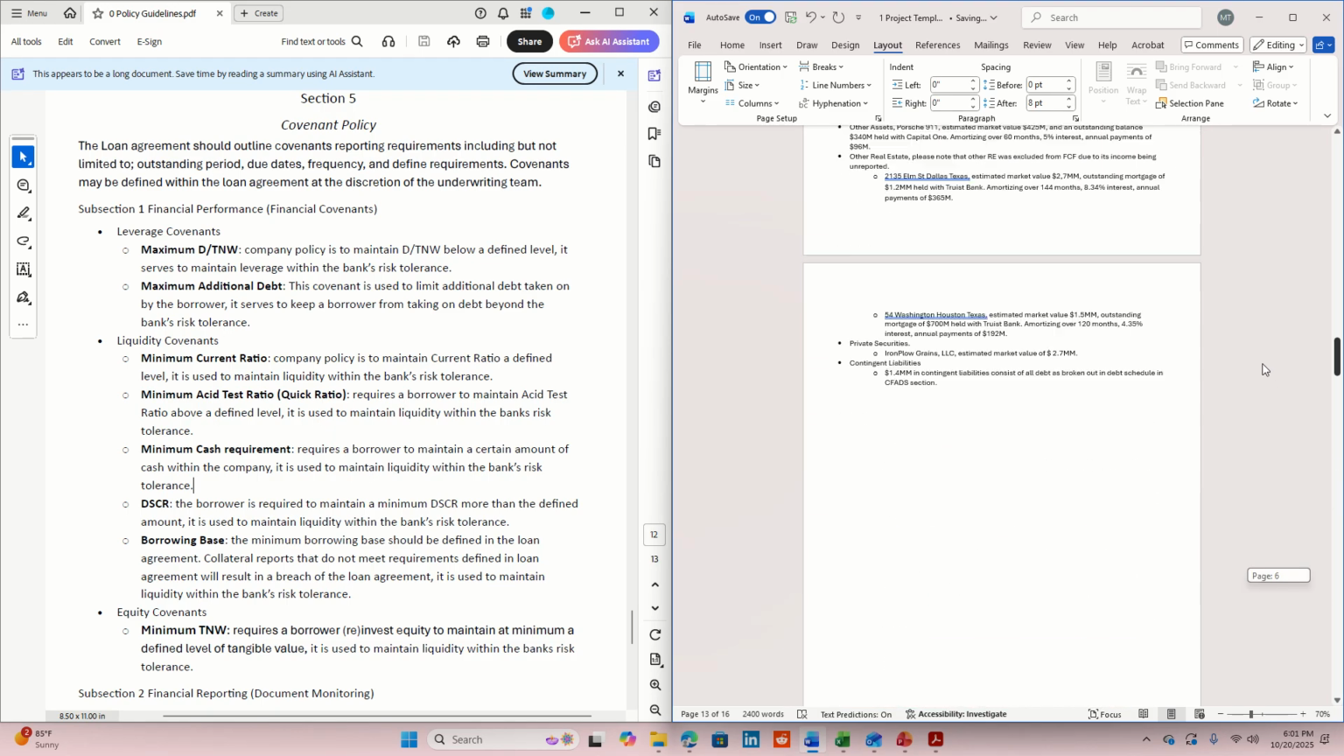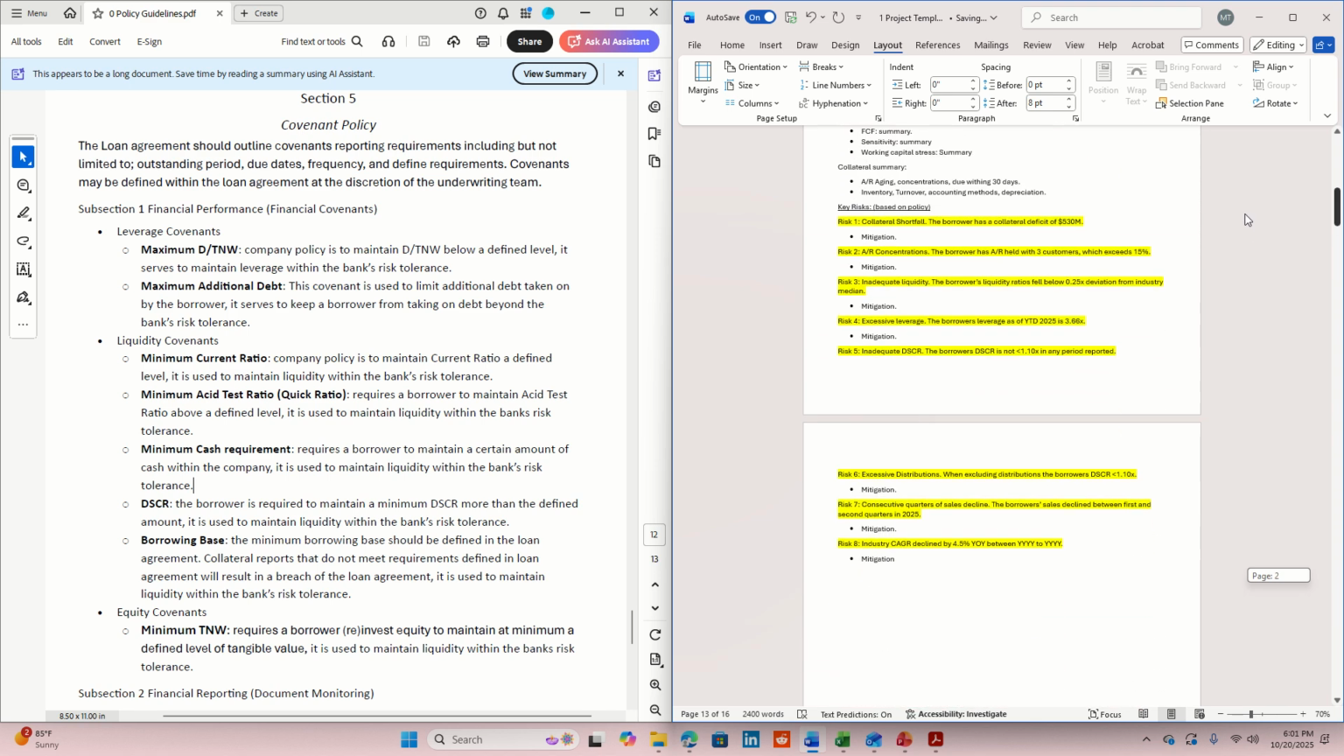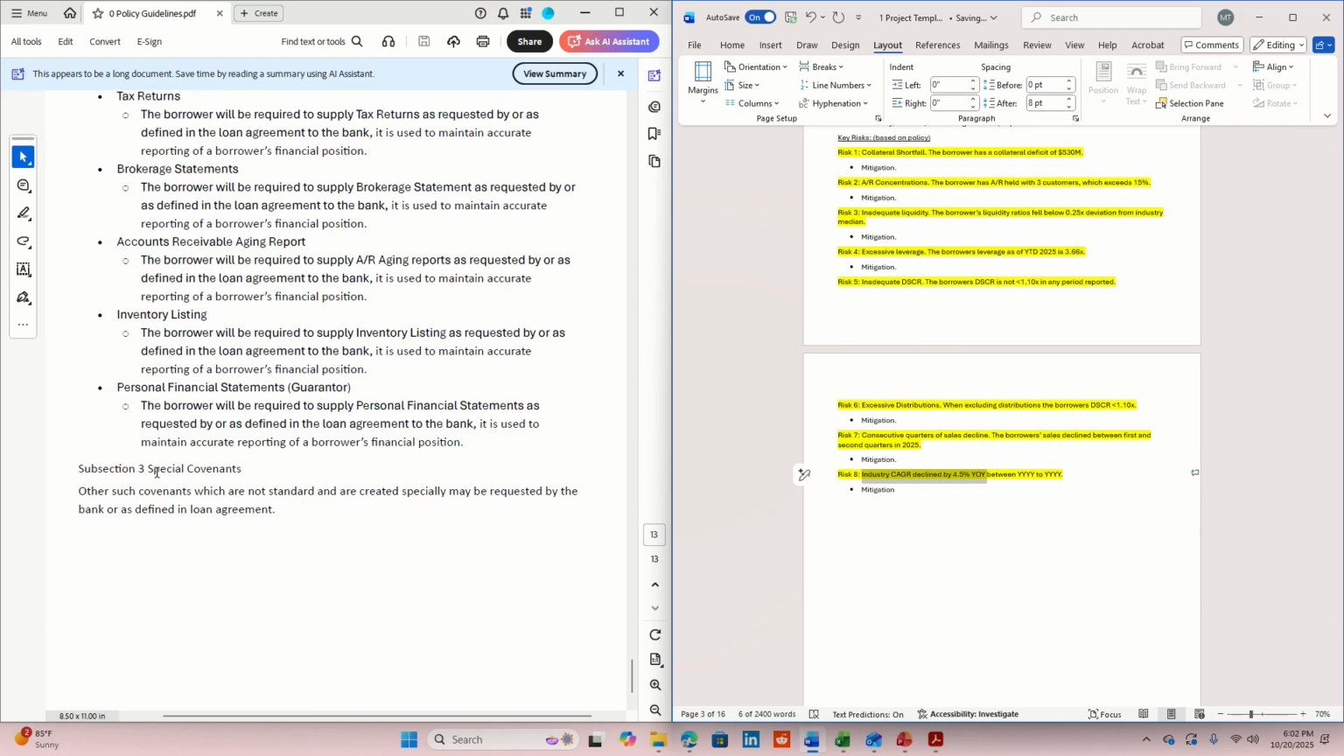So when I go to the key risk section, it looks like my company has a collateral shortfall. They have AR concentrations, inadequate liquidity, excessive leverage, inadequate debt service coverage ratio, excessive distributions, consecutive quarters of sales decline, industry CAGR declined 4.5%. So there's nothing that we can do to mitigate risk 8, industry CAGR. I mean, what we could do for that is we could do a special covenant,